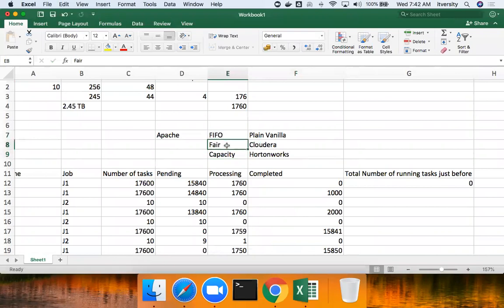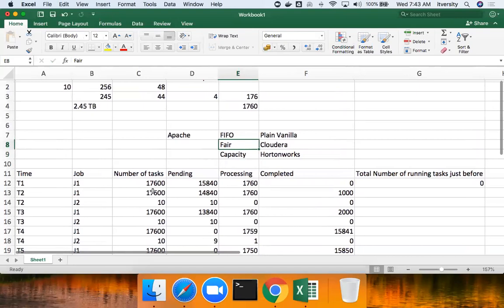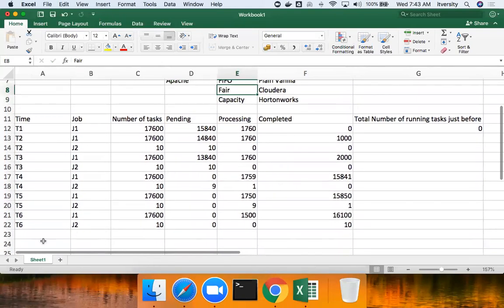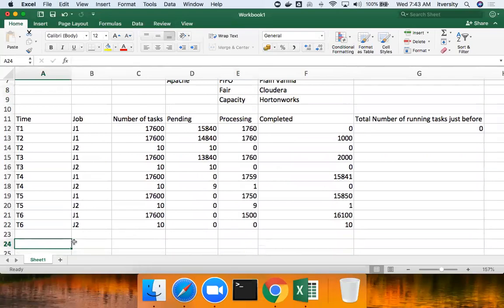At any point in time, each and every job will get its fair share of resources. That's the logic behind the fair scheduler. Okay, so let's see how it works. So this is the behavior for the FIFO scheduler. Now, if it is the fair scheduler,